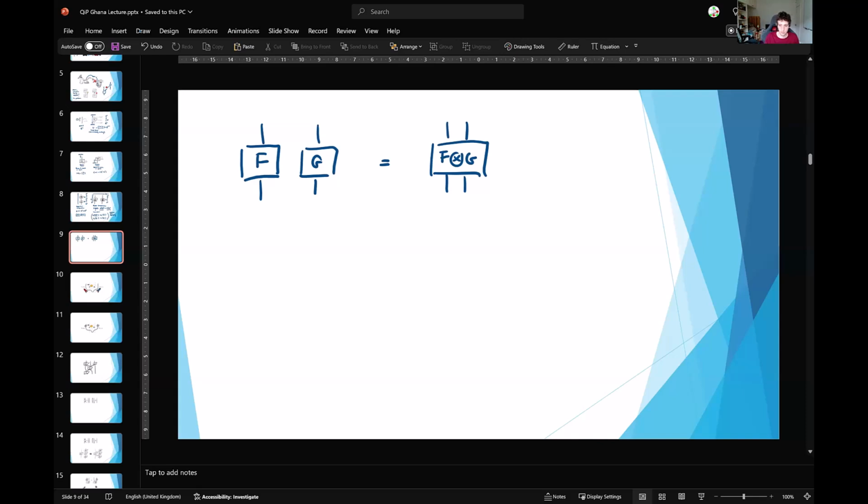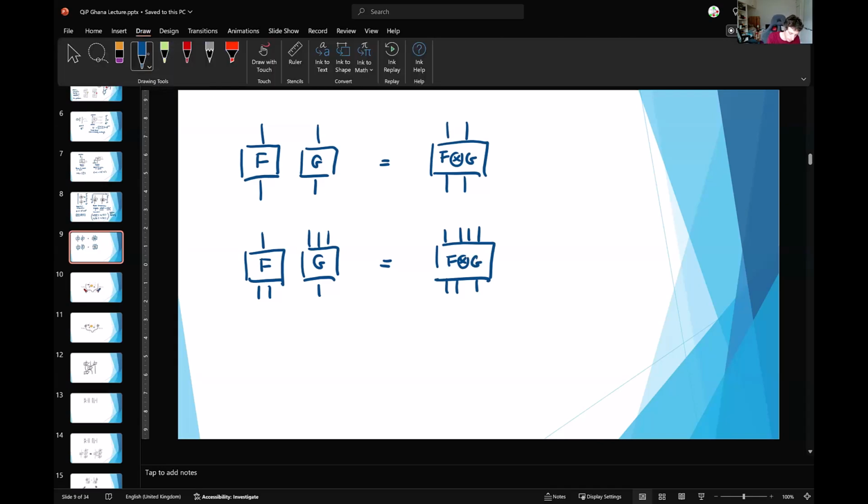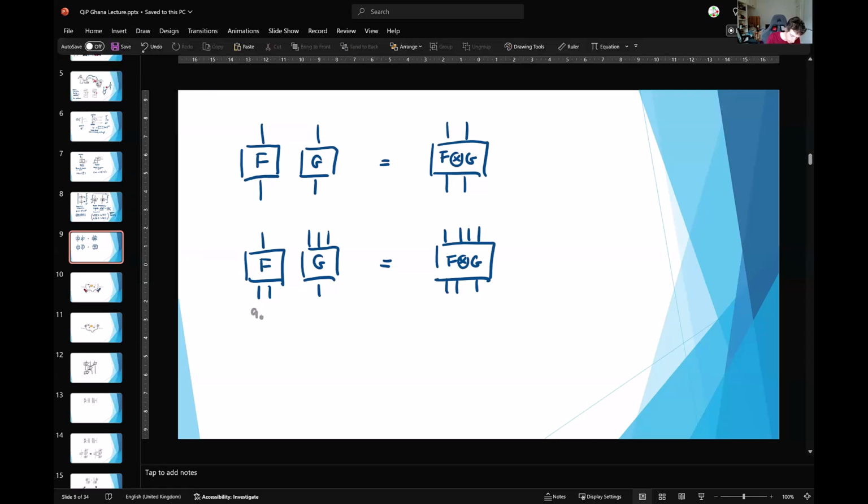So maybe this is the question that you were asking, or maybe you were asking whether you can do composition of maps with multiple inputs and outputs. In which case, the answer is yes. You can put things together in any way you want, as long as you keep the inputs and outputs fixed, and then you can compose them in parallel. So as long as you mark the inputs and outputs and remember where they were, so say that this is Q0, Q1, Q2, Q0, Q1, Q2, Q3,